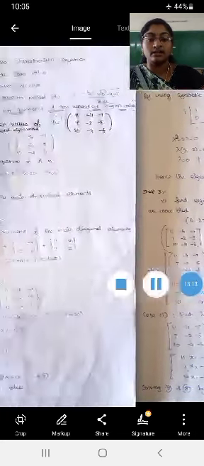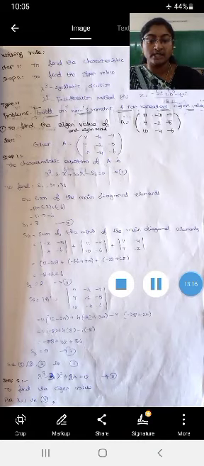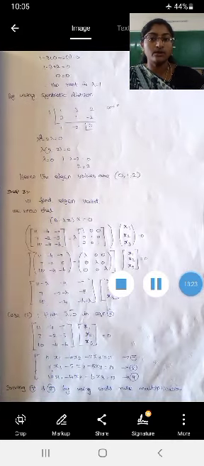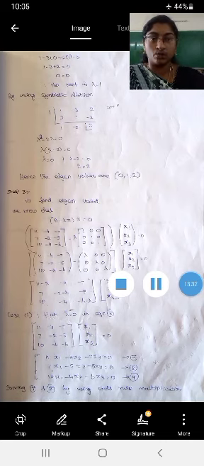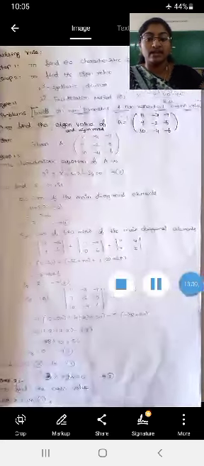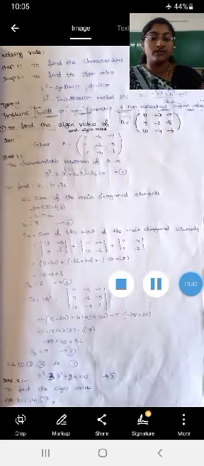Here, putting lambda equal to 1 in equation 5, it becomes 1 cube minus 3 into 1 square plus 2 into 1 equal to 0. So 1 minus 3 plus 2 equal to 0, 3 minus 3 equal to 0, 0 equal to 0. So the left hand side and right hand side are equal. So I am taking lambda equal to 1 as my first eigenvalue. Therefore the root is lambda equal to 1. Using synthetic division with 1, write the coefficients of our characteristic equation. See, the lambda cube coefficient is 1, the lambda square coefficient